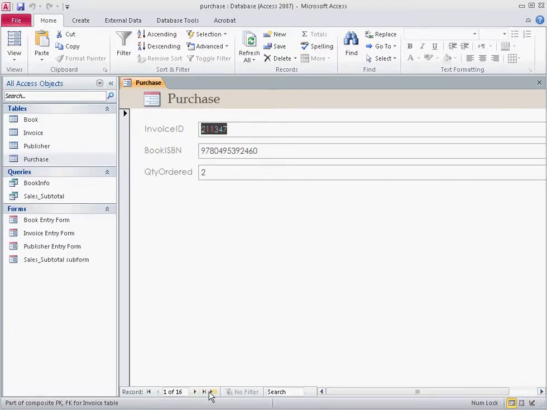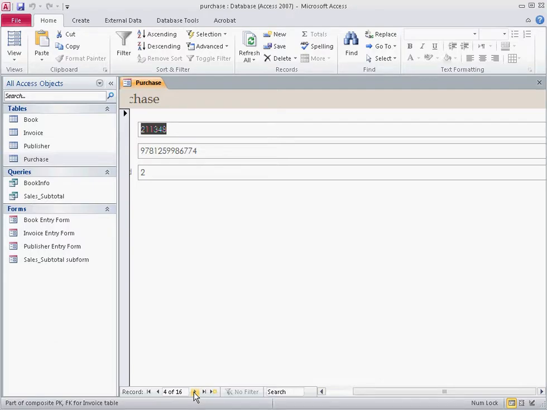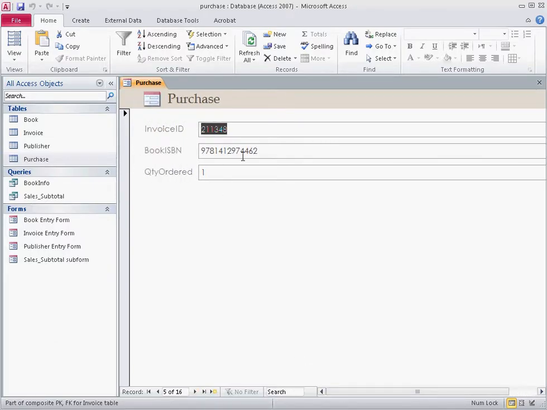we have invoice ID information. Again, it's not that descriptive because you're seeing invoice ID and book ISBN. They do not carry any information. You don't see the book title, for example. And if you'd like to create a new purchase